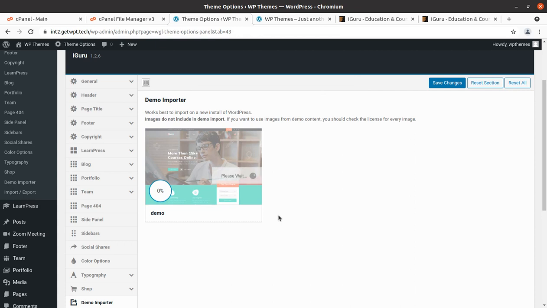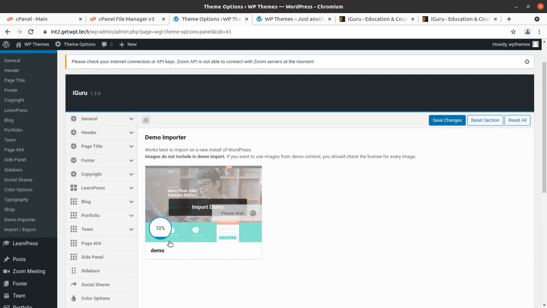And yes, the demo import has started now, and the screen percentage will tell us how it is going in the background. It has not actually started yet, and we can check. Yes, it is showing 10% now.